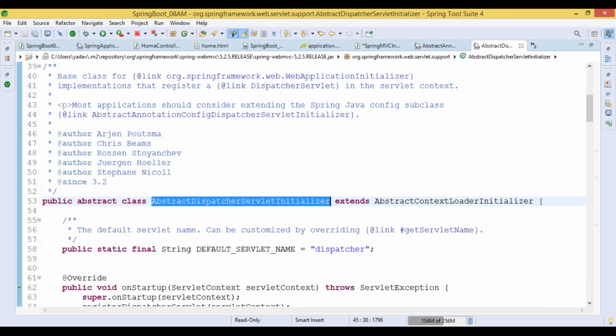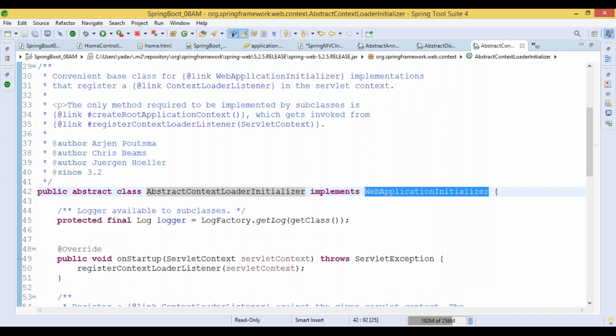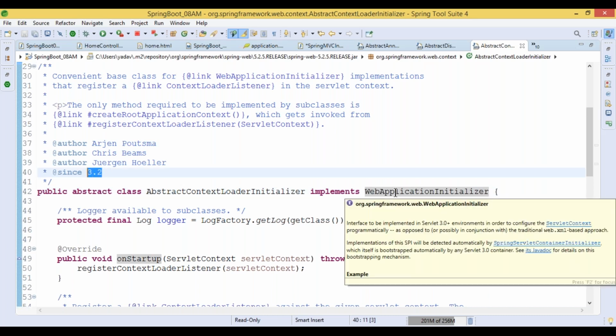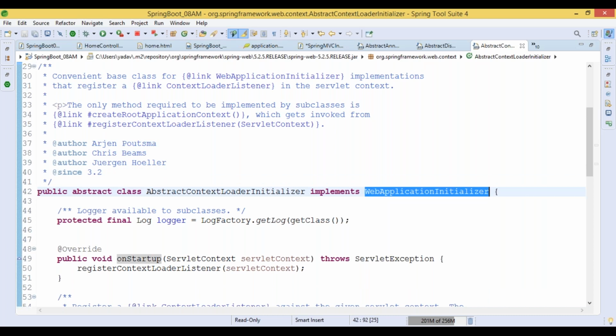Focus on more information here. ContextLoaderListener. One interface is available, the WebApplicationInitializer. From the initial days, from Spring 3.2, we are working with the WebApplicationInitializer.